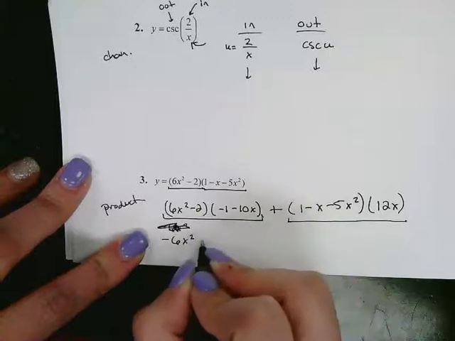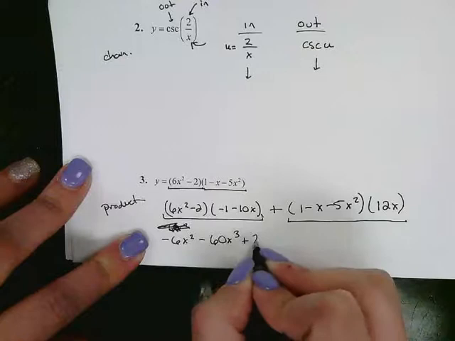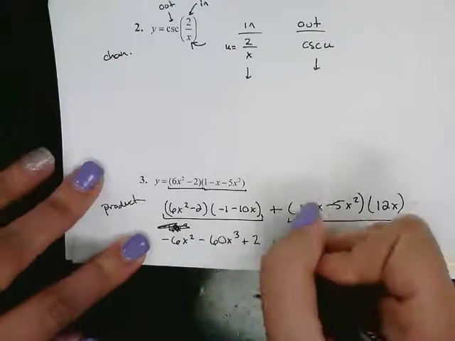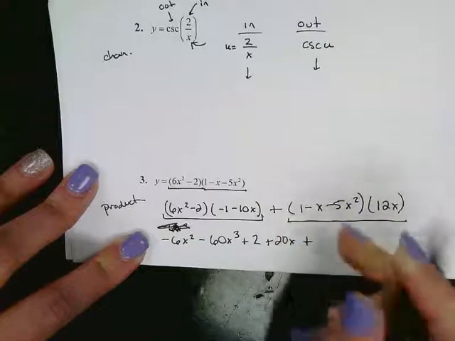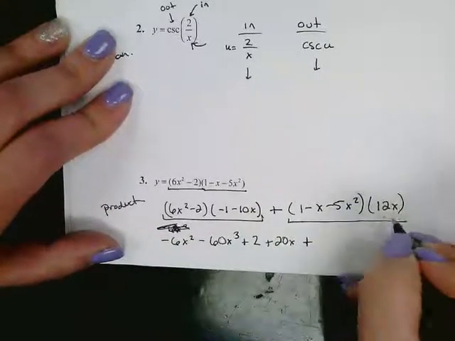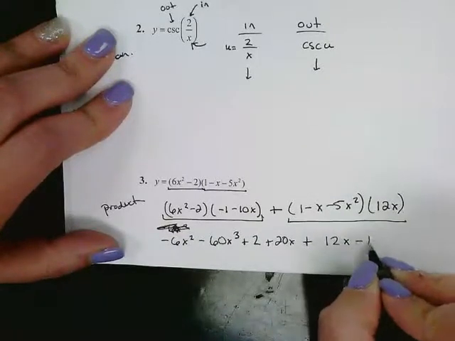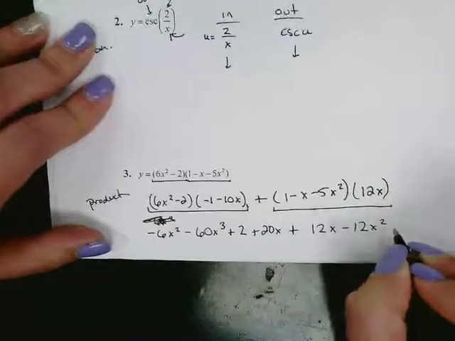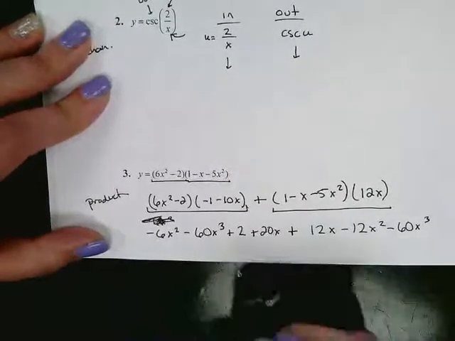The outer is going to be minus 60x cubed, the inner is going to be plus 2, and the last will be plus 20x. And we add the FOILed out product from this, and this is just 12x minus 12x squared minus 60x cubed. And you continue cleaning this up,